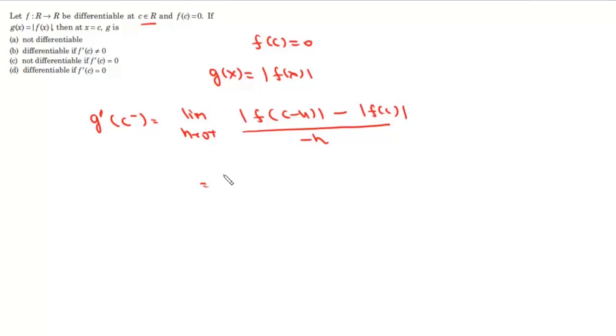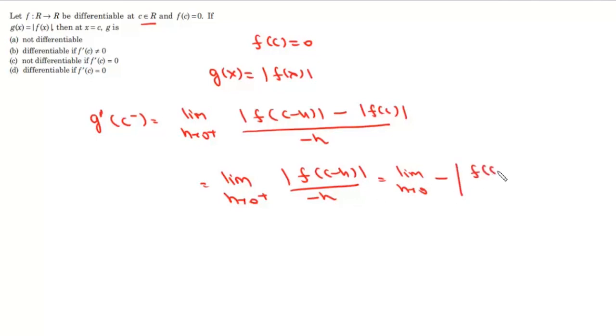So we can write this as the limit h tends to 0 positive of mod of f(c - h) upon -h, or we can write this as the limit h tends to 0 of minus, and we'll take this h inside, so it will be f(c - h) minus f(c), because f(c) is 0, we can just add or subtract f(c), upon h. Now this is the left hand derivative at c, so this is equal to minus mod of